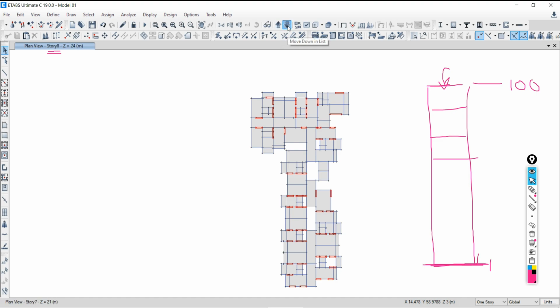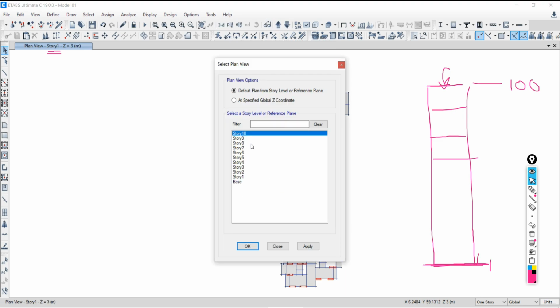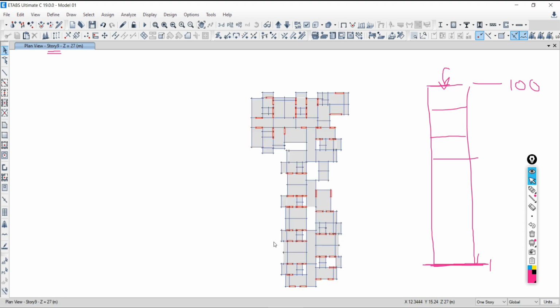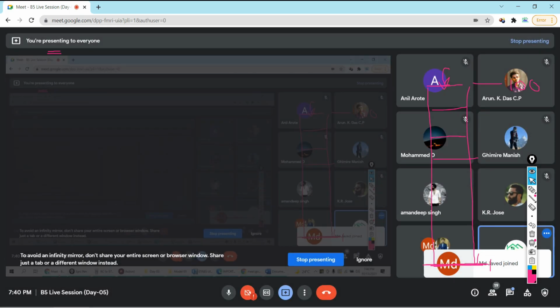No. Another option, just go and click over the plan. So all the levels, all the stories will be available here. Suppose you are at the first and you want to move to the 99th floor. You can directly click over 99th, just say apply, and we'll come to the 99th one. Here it is 9, I'm just taking the example. Is it all understood or not? Application to move over the story.